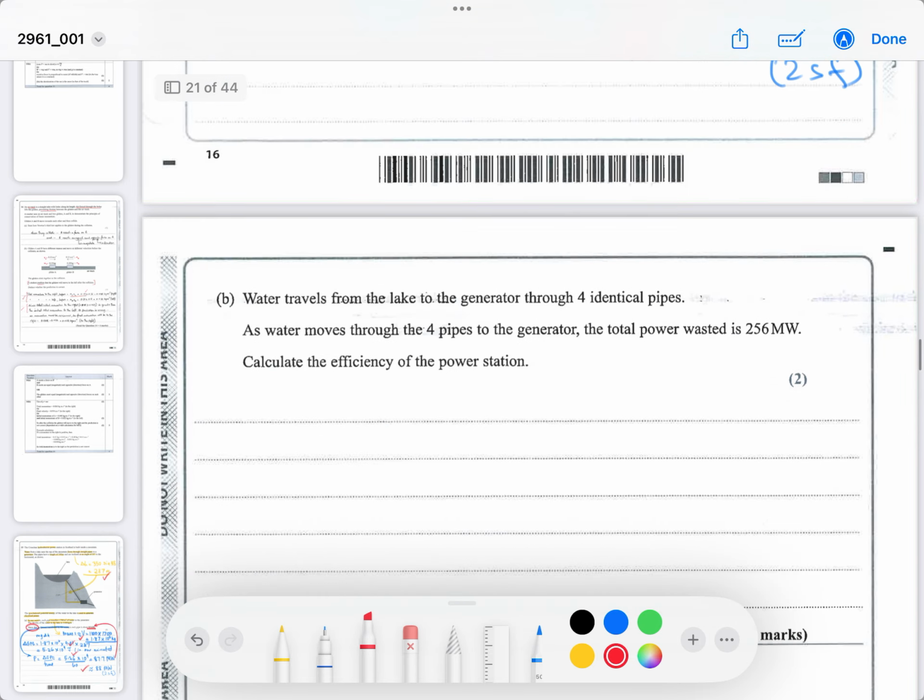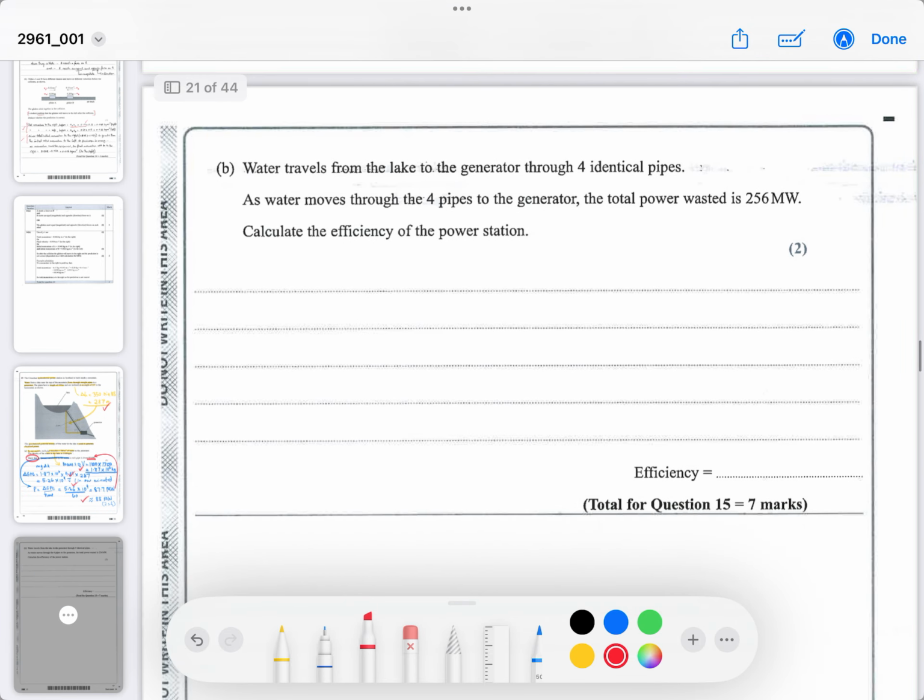The question has not finished. Water travels from the lake, it says, through 4 identical pipes. So if you've got 4 pipes, they're telling us that the total power wasted has been worked out to be 256 megawatts. So we want to calculate the efficiency. So the efficiency is equal to the useful power out, which is power in minus power wasted,